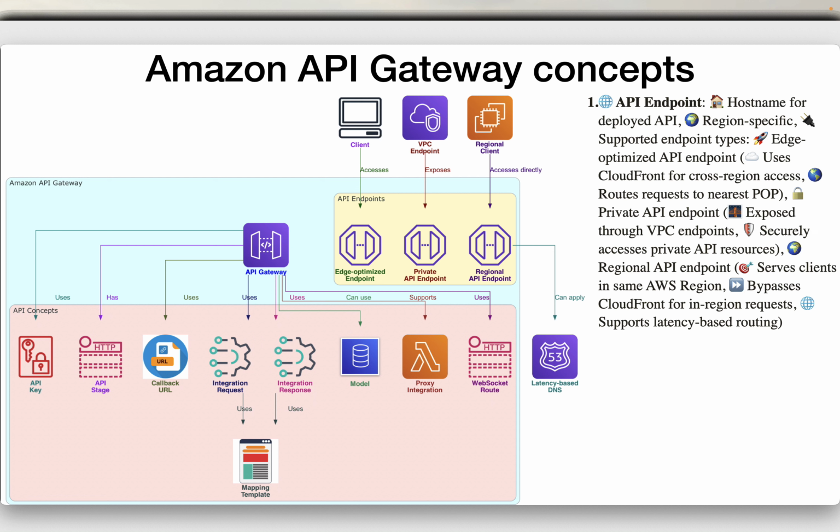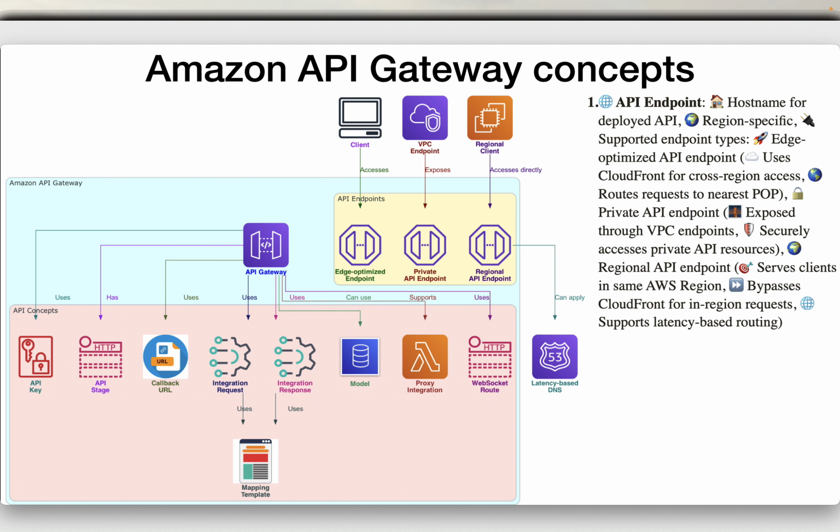The following types of API endpoints are supported. You have the edge optimized API endpoint, the default hostname of an API Gateway API that is deployed to the specified region while using a CloudFront distribution to facilitate client access, typically from across AWS regions. API requests are routed to the nearest CloudFront point of presence, which typically improves the connection time for geographically